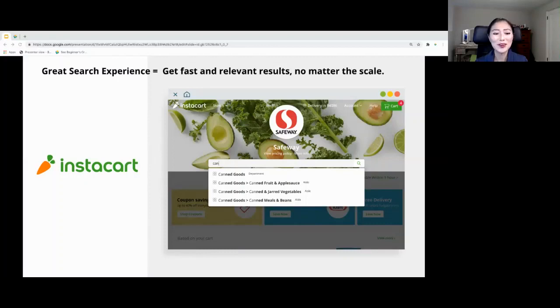And we want the customers to get fast and relevant results no matter the scale. Now, another important factor in search experience is relevancy. So the whole point of search is finding relevant data fast. And we want to be able to find